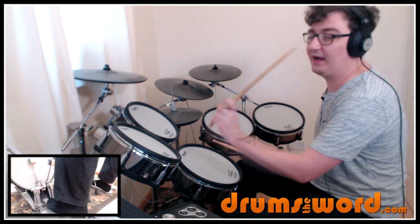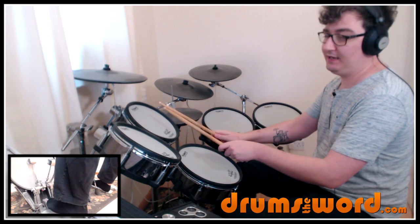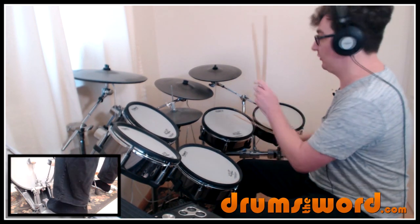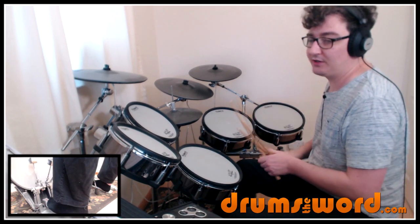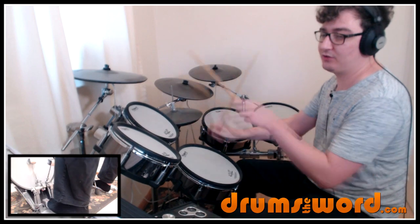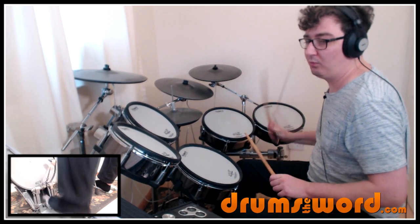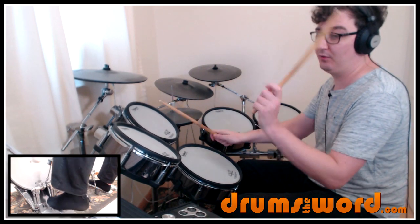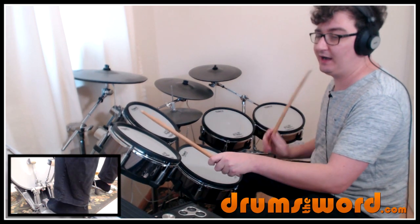So we get 1 and into the next bar, and then 2 triplet 3, 2 triplet 3 and then 4 triplet 1. So again, using that middle note of the triplet really well. So 1 and 2 triplet 3 and 4 triplet 1. Third bar, 1, 2, 3 and 1 and 4 triplet 1. Between these 2 toms I've written 4 triplet 1